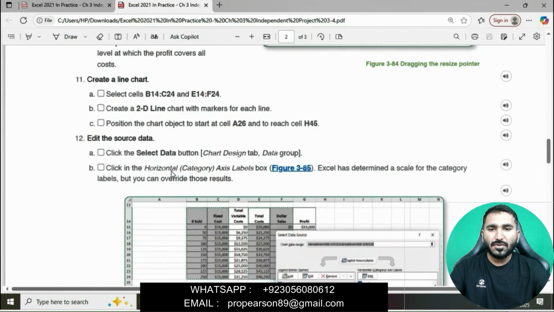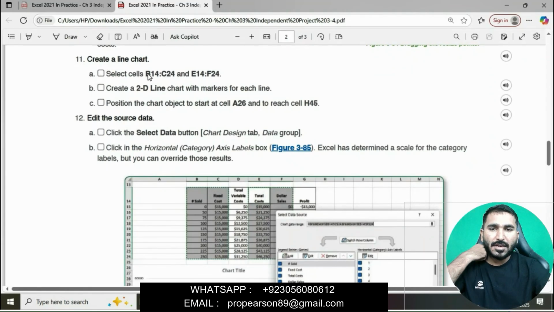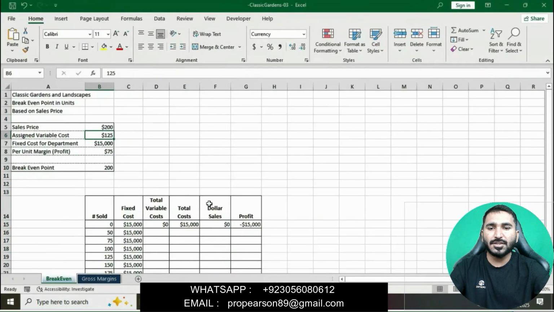Now moving on, question number 11. Create a line chart. Select cells B14 to C24 and E14 to F24. Simply, we will go to the Excel workbook and select this range, B14 to C24, and E14 to F24, and then create a line chart.